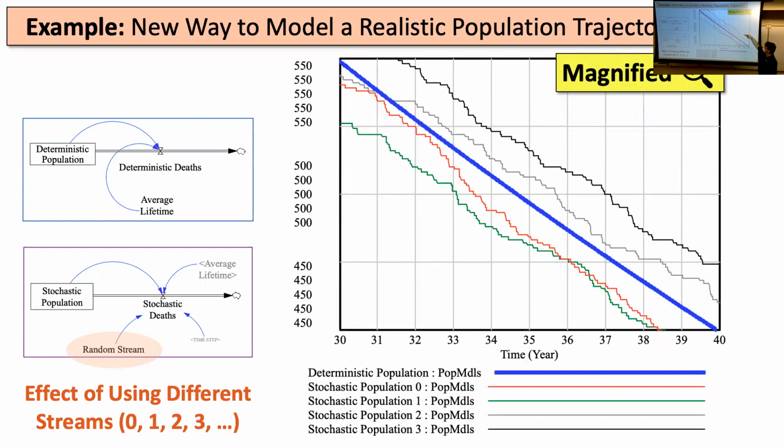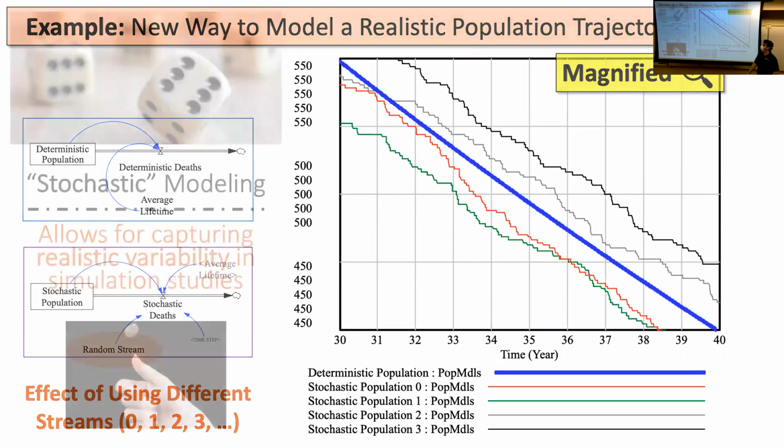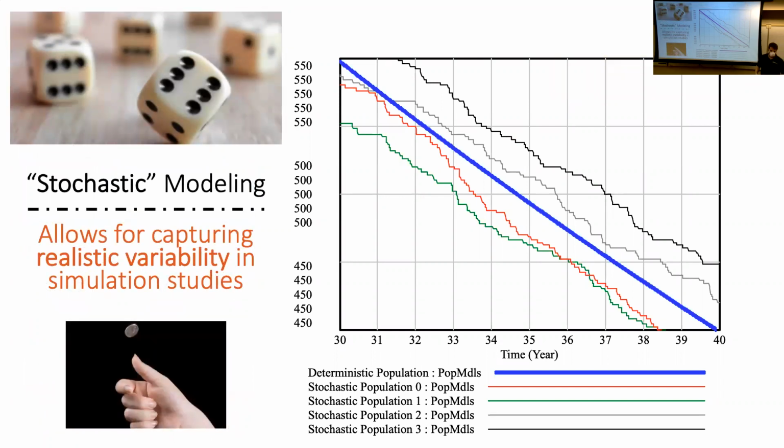So it's like Petri dish 1, 2, 3, and 4. At any one time, like time 35, if I go to time 35 and look up, Petri dish 1 tends to have more bacteria in it than 2, than 3, than 4. If I were to average across these 4 Petri dishes, it would be roughly where our deterministic model would be. And so this gives us variation that's consistent with our deterministic model, but more realistic. This is kind of the cool output here. So it captures this realistic variability, which is good. So the upside is more realistic.